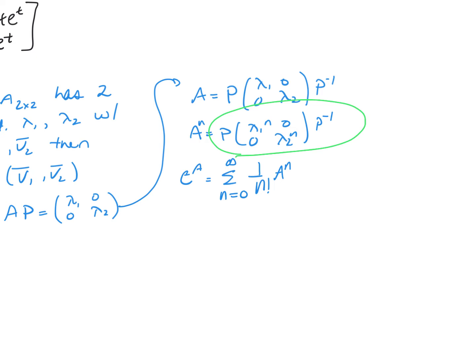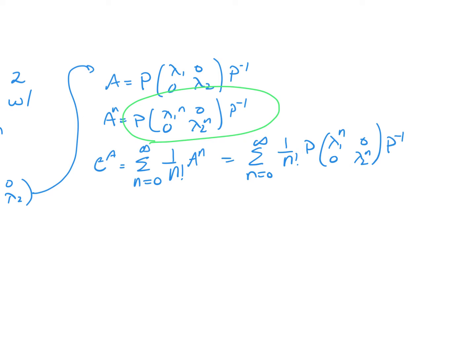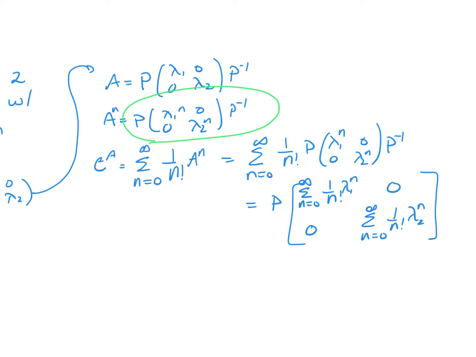But this is A to the n, so this is going to be equal to the summation of n equals 0 to infinity of 1 over n factorial, P, lambda 1 to the n, 0, 0, lambda 2 to the n, P inverse. Because P and P inverse are not dependent on n, we can bring in the summation notation. So we have P, and we bring the summation notation into my inner matrix. So it'll be the summation of n equals 0 to infinity of 1 over n factorial times lambda 1 to the n, and then 0 there, 0 here, and the summation of n equals 0 to infinity of 1 over n factorial lambda 2 to the n,